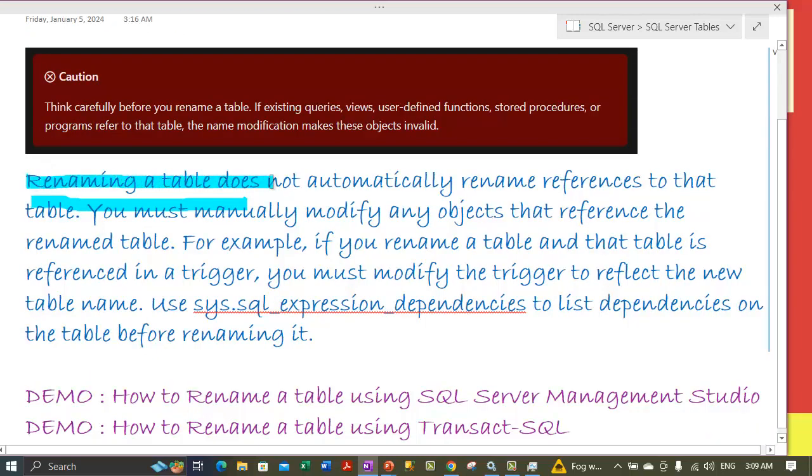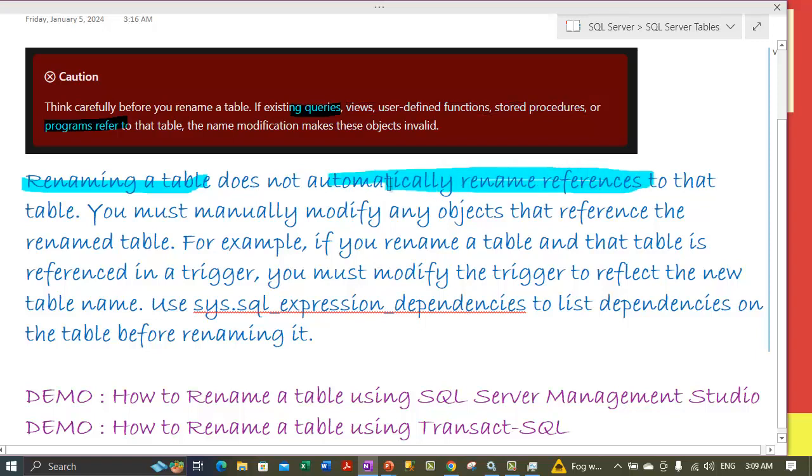And renaming a table does not automatically rename references to that table. That is what we were discussing. References include referencing from views, user-defined functions, stored procedures, any queries or any programs. So if we rename a table, it does not automatically rename the references to that particular table, and we must